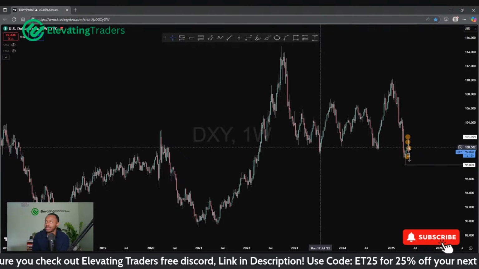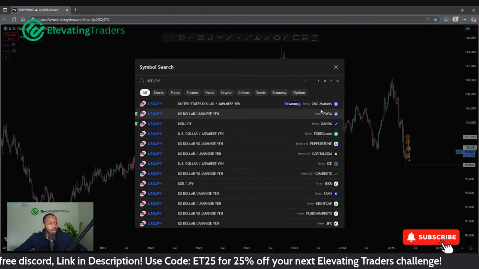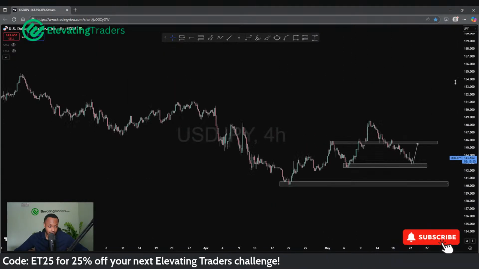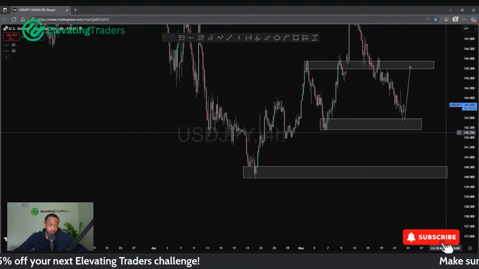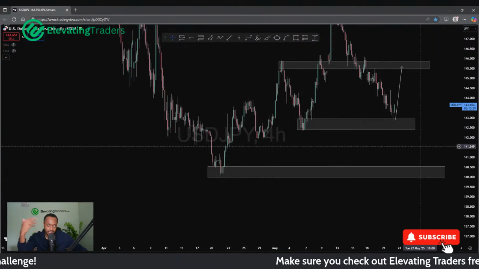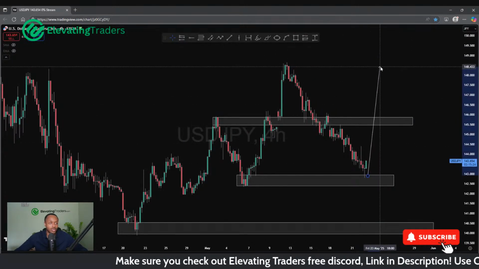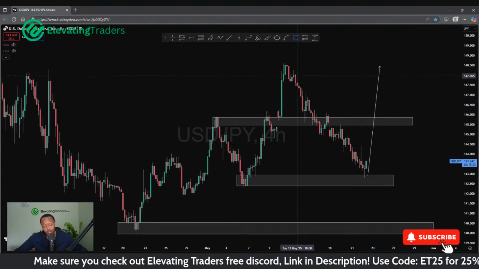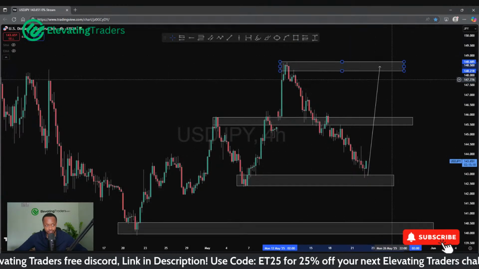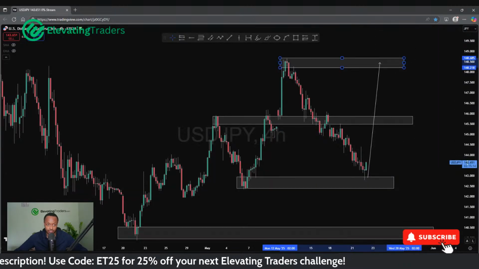Bruce, what about dollar yen? So USDJPY I do think is a nice place for a buy. I've been quite skeptical with my analysis with the yen pairs today. I still think yen can see some strength, can see a nice swing to the upside. A bit more skeptical about the swing all the way back to the high, because that was my plan coming into the week. I was looking for this, but I wasn't expecting such a big push down.